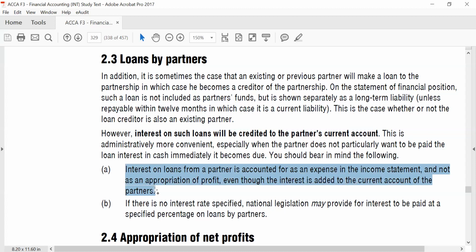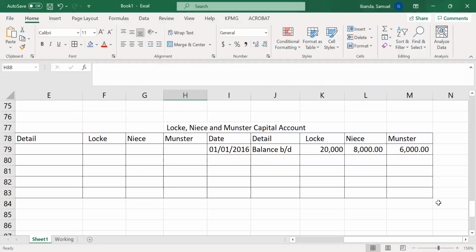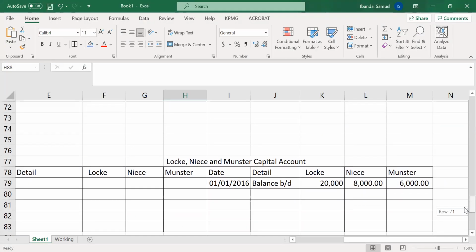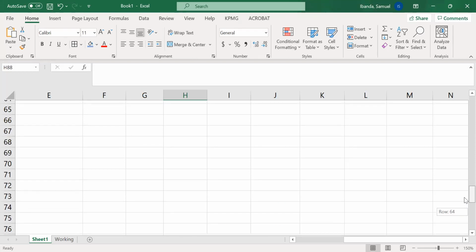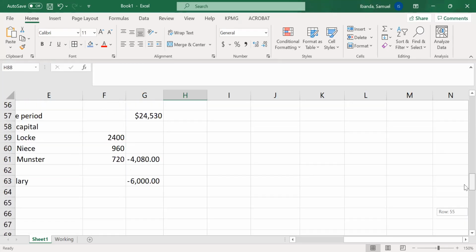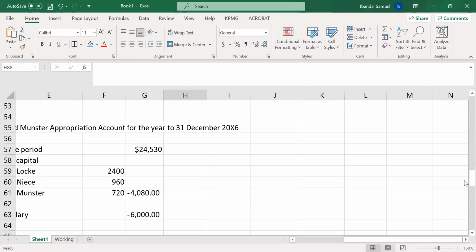They're telling us that interest on loans from partners is accounted for as an expense in the income statement, not in the appropriation of profits. And I explained what that means. If there is an interest on loan that wasn't deducted before this profit, then it means that we have to deduct it before